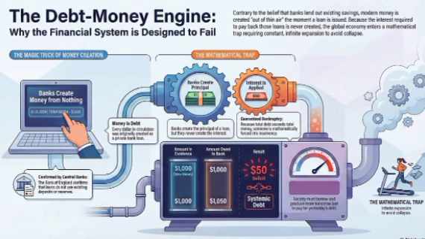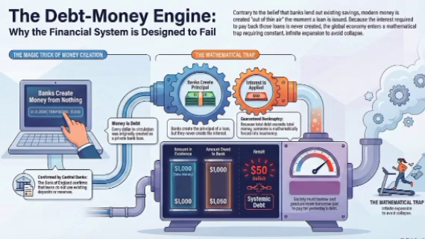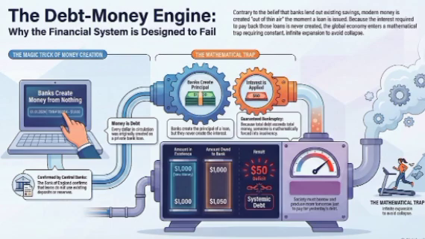When a commercial bank gives you a loan, they do not look for someone else's savings. They don't draw down existing reserves. They literally type a number into a computer next to your name. Just keystrokes. What's fascinating here is the sheer mechanics of it. That money, the loan you just received, did not exist a second before the loan officer executed the contract. It wasn't moved from another account. No. It was generated through a new ledger entry at the precise moment you signed the paperwork. The modern banking system operates on this mechanism of credit expansion.